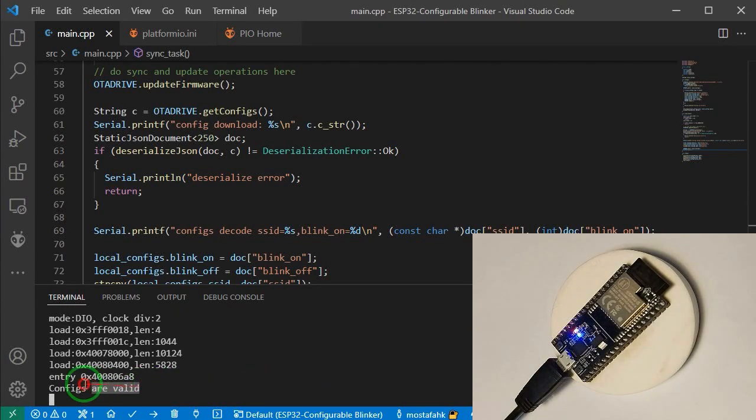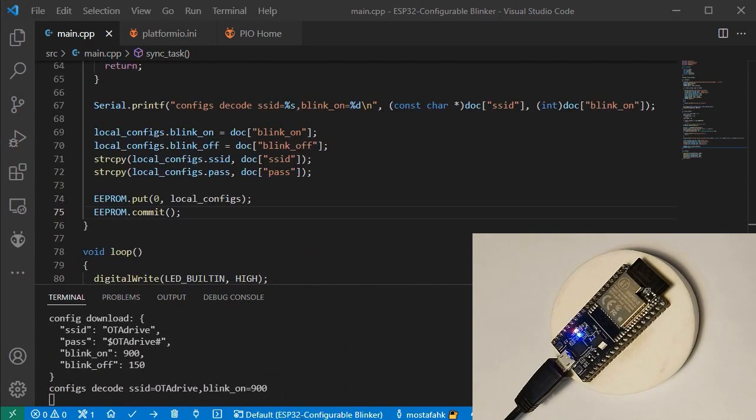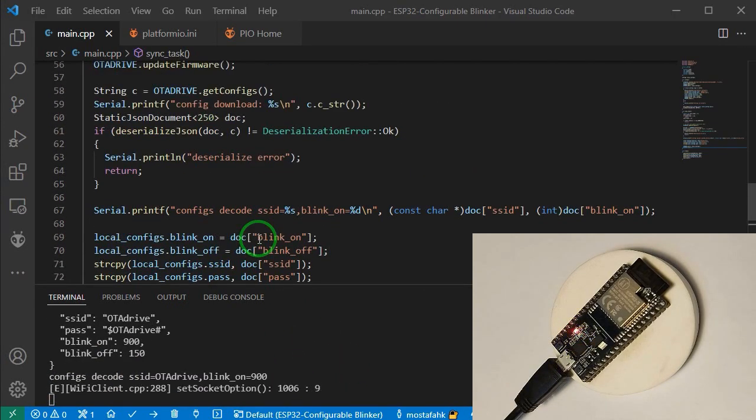As you can see here, the sign value has been checked and it is valid. Now we can be sure that our configurations sync automatically from the server and it saves into EEPROM in a safe way.